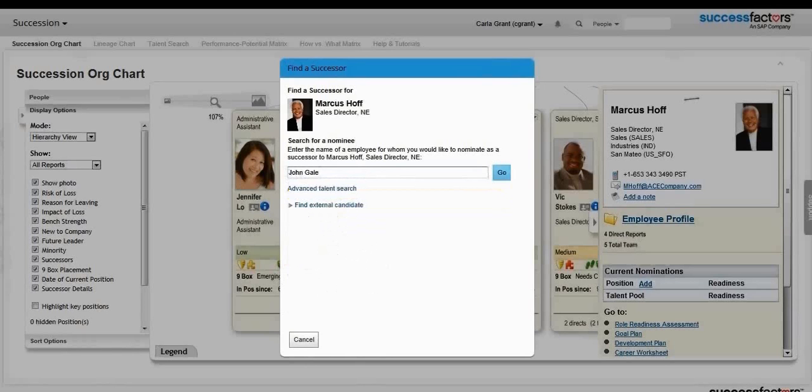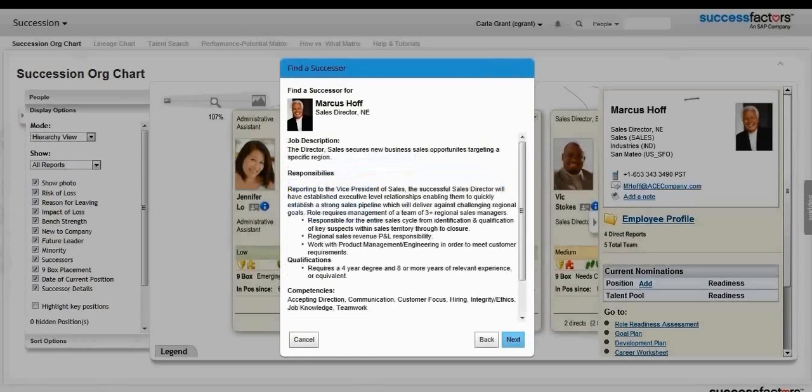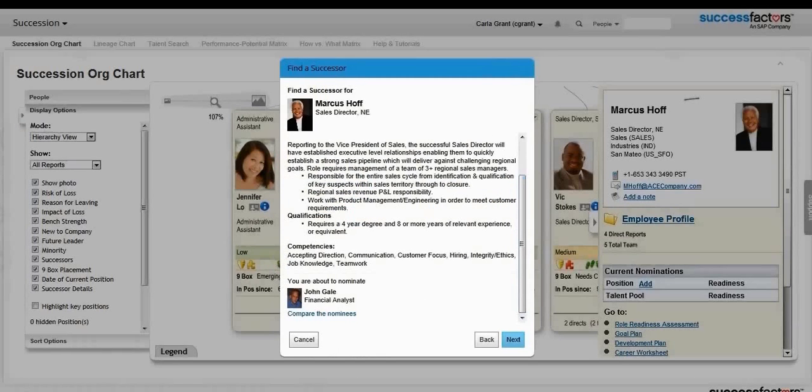So I enter John, and then the quick drop down menu comes up, and then I would select this particular employee, and then when I click next, it gets me to the job description of this employee, and you're about to nominate John Gale. I click on the next button,